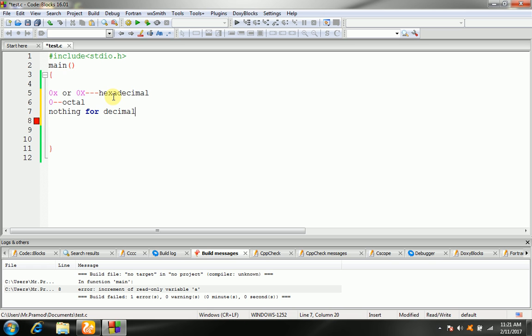Here are some examples. 212 is legal. 216u is also legal. 0xfeel is legal.